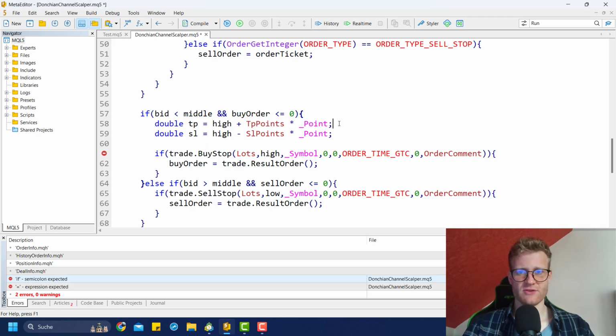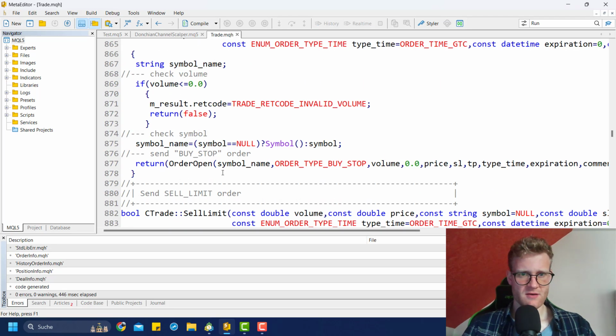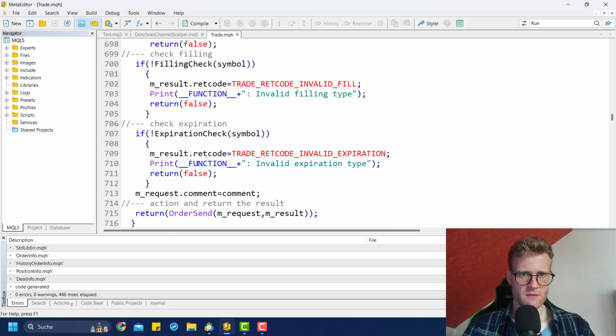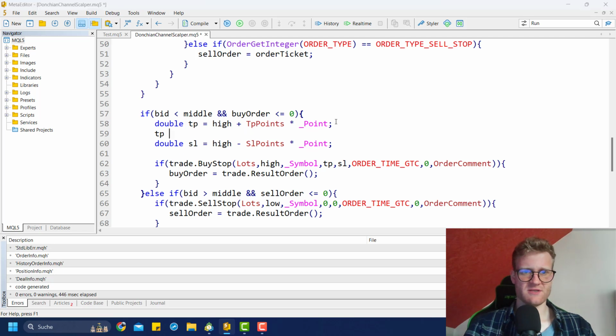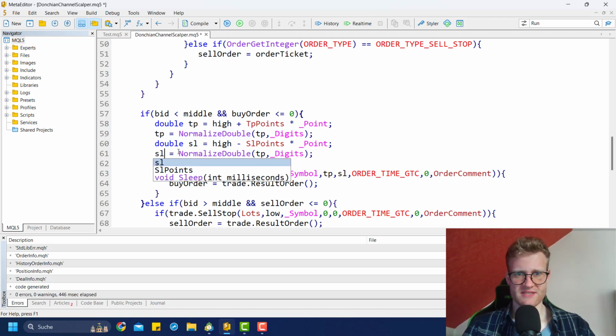You could round these values. I think we won't do it now, because, wait, let me check this real quick. Are they rounded here? No. Yeah, I think we should round these values. So what you have to do is TP is equal to NormalizeDouble, and then you just cut the digits after the total amount of digits that this symbol has after the decimal point. So just use the NormalizeDouble function for this,